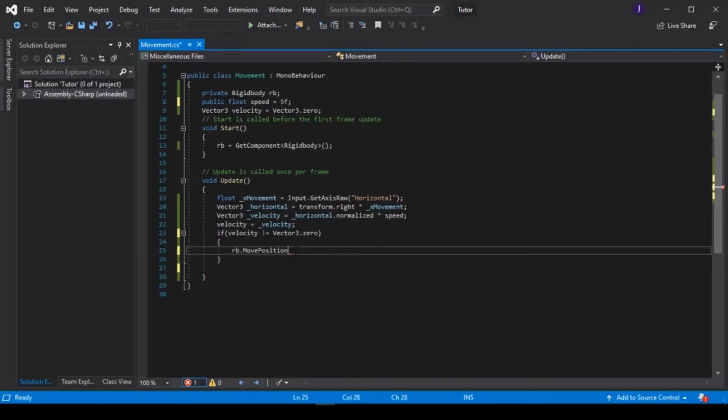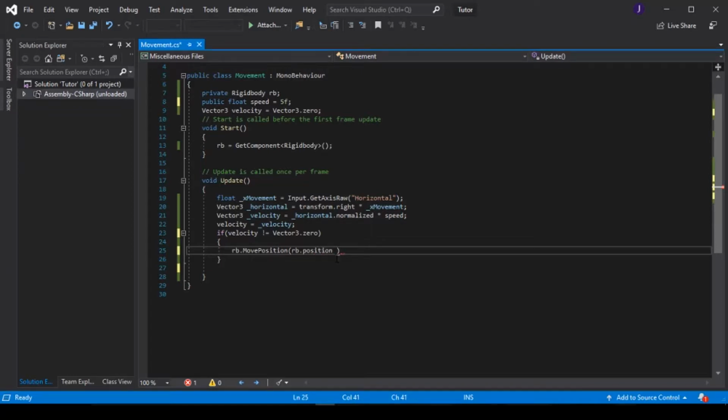So right now we just want it to be set into motion. We want to change the position of this. We're going to move the position of our rigid body, and the position would be rb.position,